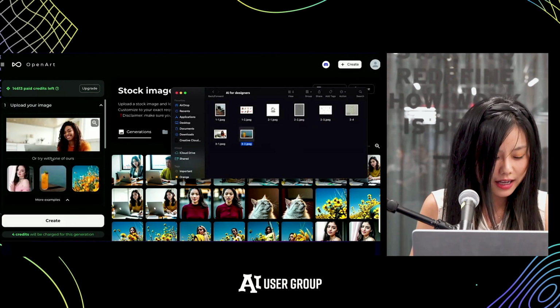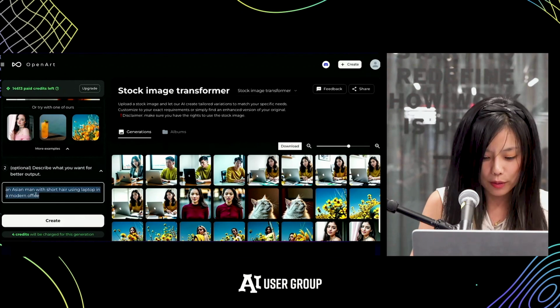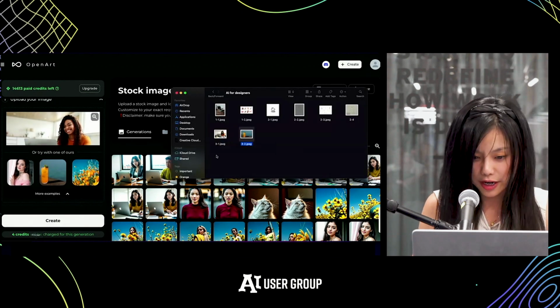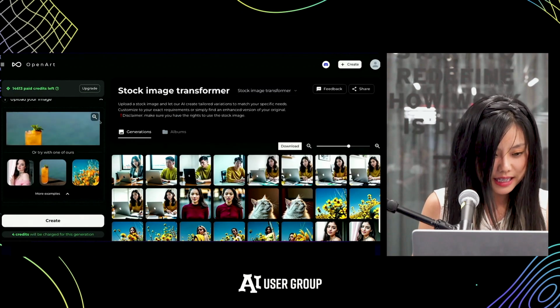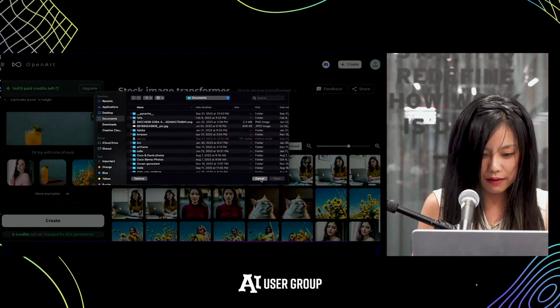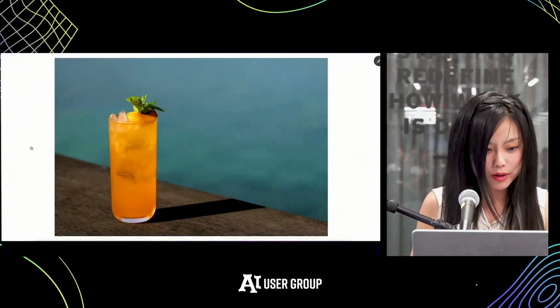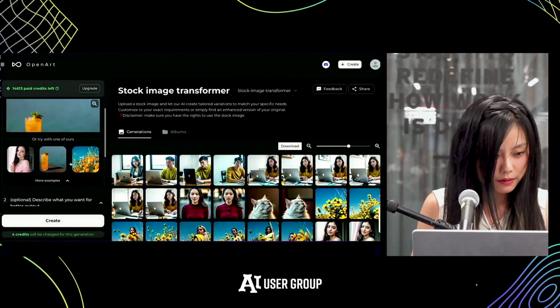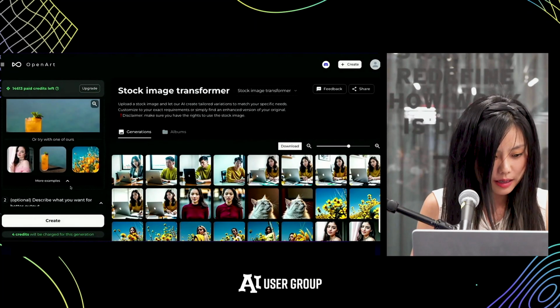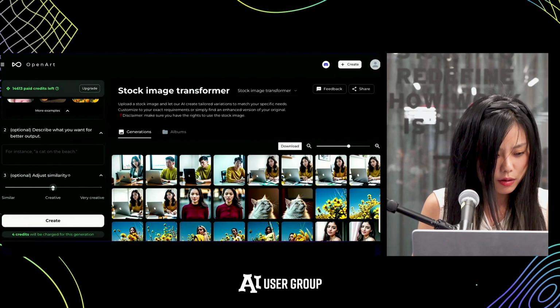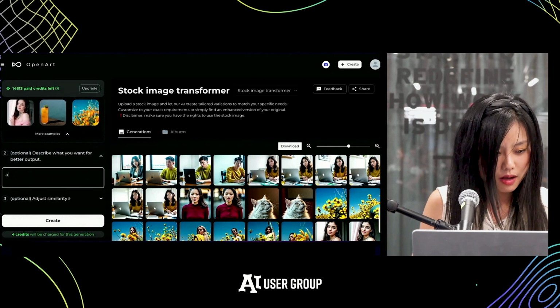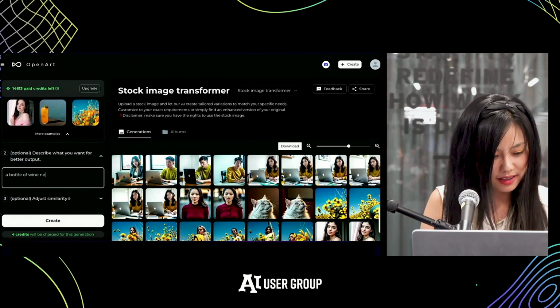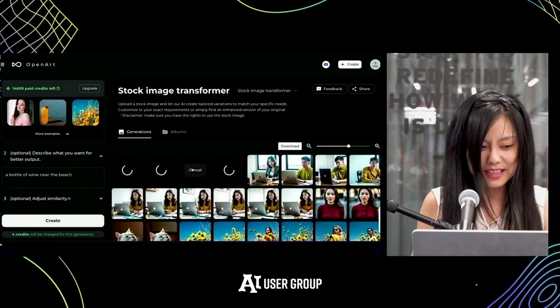Let's try, instead of a person, something like an object. So in this case, again, you have this very generic image that everyone's using. So instead of something like this, how about we do a bottle of wine near the beach? Let's see if AI can do it.